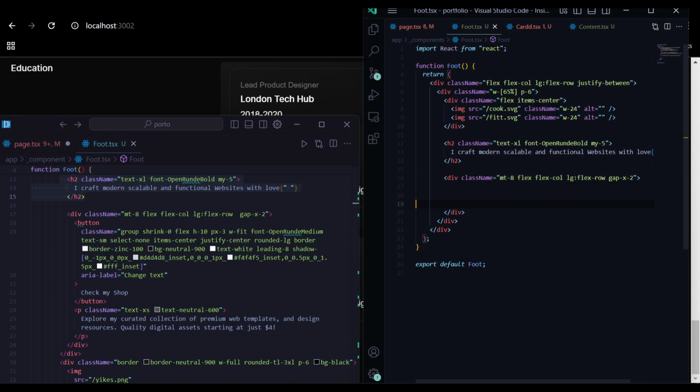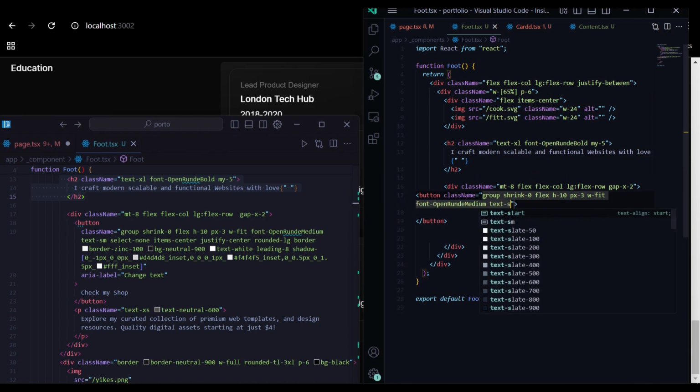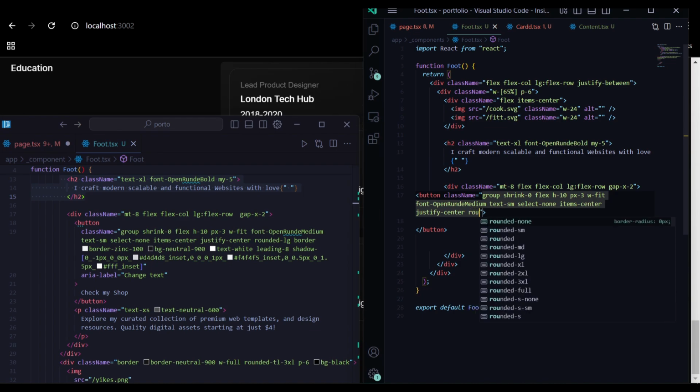And a button with a class name of group, shrink of 0, give it a flex, give it a height of 10, give padding x of 3, width of fit, and font will be medium, and then text should be SM, and select none, and the items will be center, and justify to be center, and rounded to be large, and border zinc of 100,